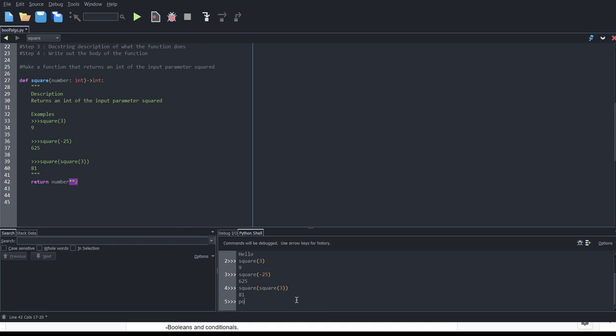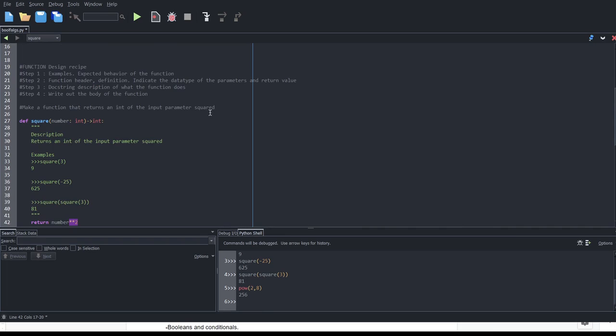Whereas if we did something like pow, like 2 to the power of 8. Oh, I guess pow does work. I think maybe I'm just thinking about a different thing, but you want to do your testing here to make sure that your output type agrees with your function description. Sounds good?